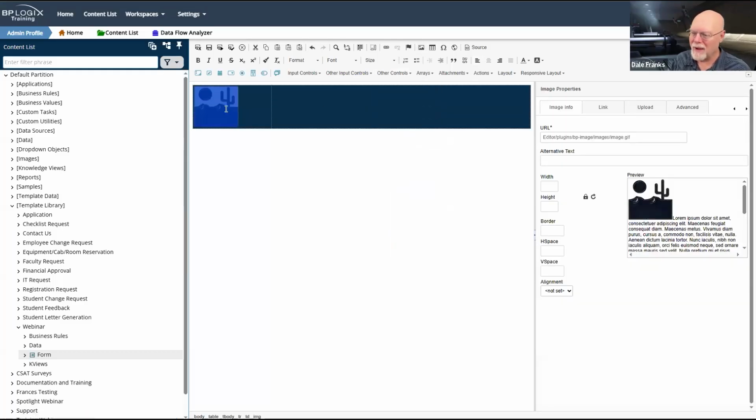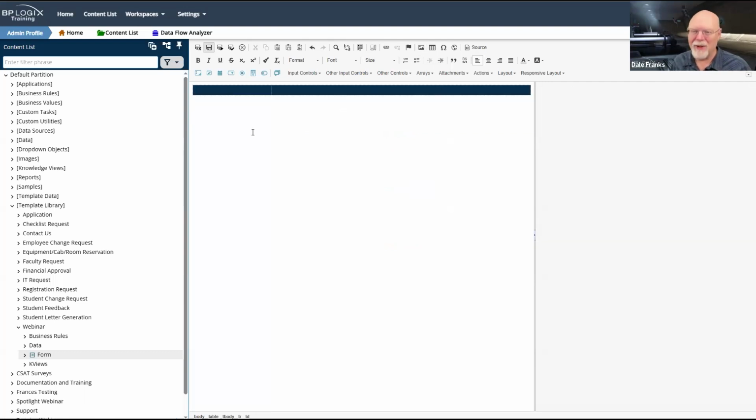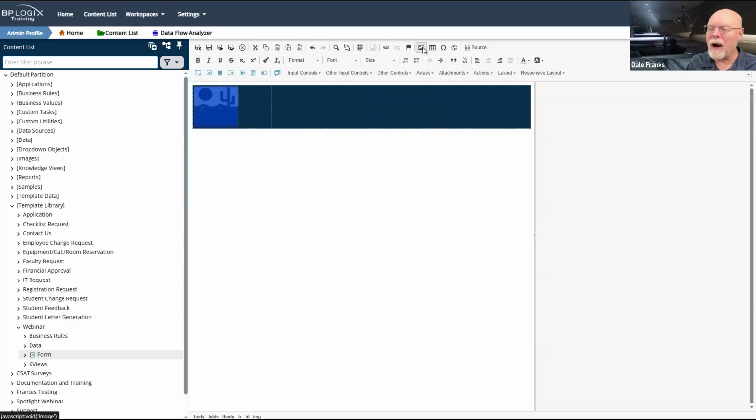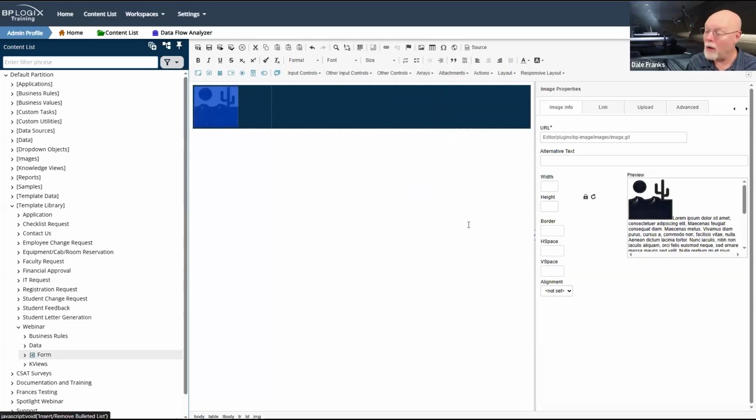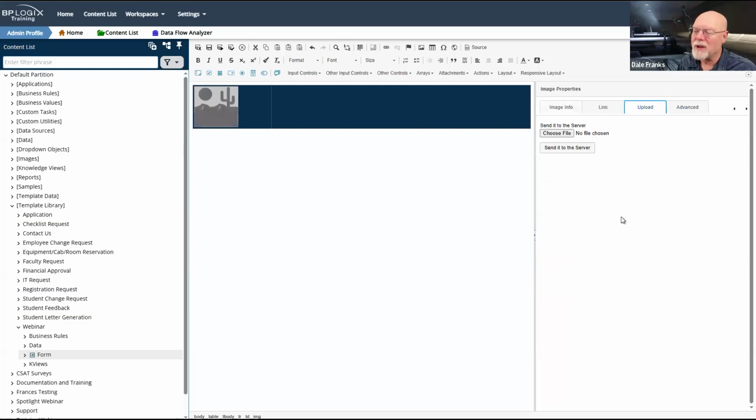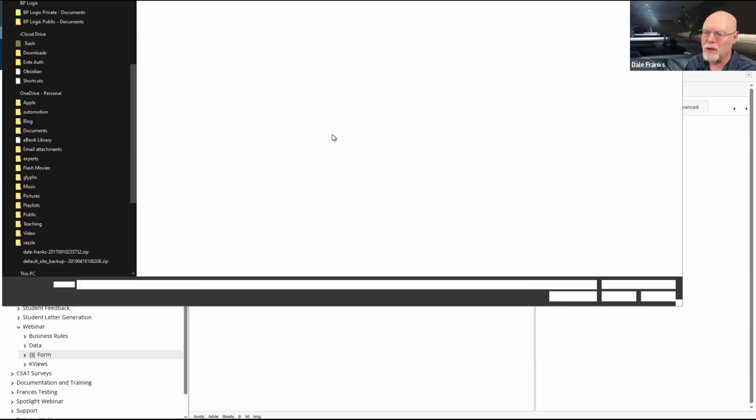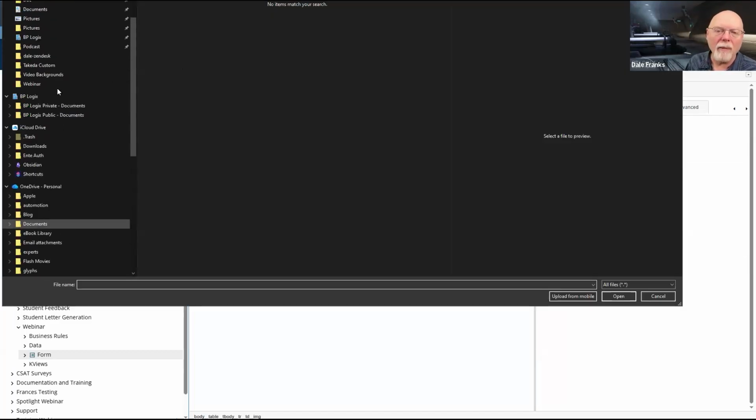Oh, well, I didn't want to use that control. Seems like I selected it anyway. I think we're fine if we just use the normal image control. Oh, no, that was the normal image control. Okay, sorry. I was a little confused there, but this is the standard image control that comes as part of CK Editor. The advantage to this is that I can just upload it once to the server and it now just works everywhere. So I am going to choose a local logo file.